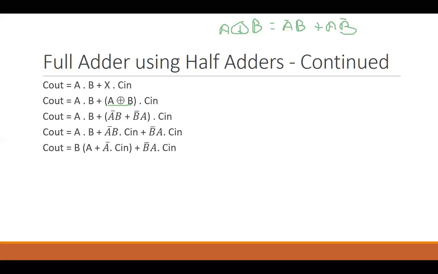But this is the common that we took. We took B common, and inside we are left with A plus A inverse dot C in, and this B inverse A dot C in is still the same. Now why we did that? At this point I want to show you another Boolean identity